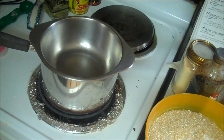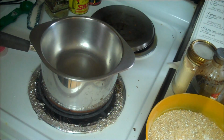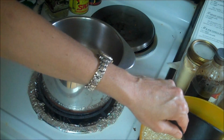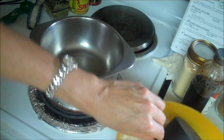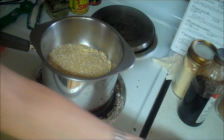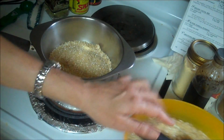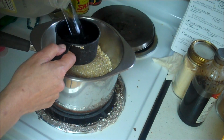So let's make the caramel pudding. For the caramel pudding, we're going to use the same measurements as we did for the white pudding. If I could turn my little recipe thing around, 1 1/4 cups of caramel sauce or caramel powder, and then 2 1/2 cups of water,